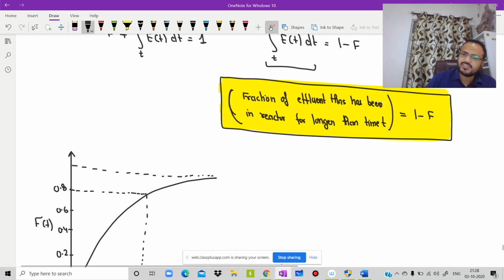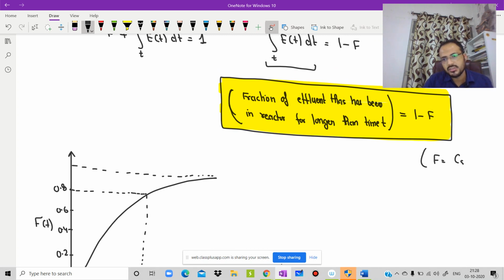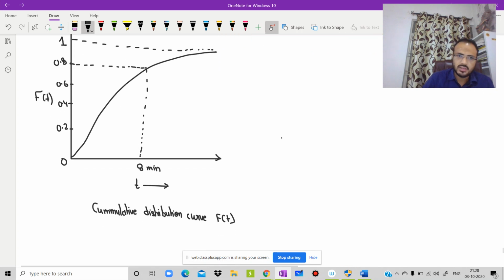Can I say one more thing just for your knowledge? F can be written as F is equal to C step by C naught. That's why C step by C naught is 1. Is it clear? Very good. So this value is 1 and the fraction can never exceed unity. One more thing from this one.